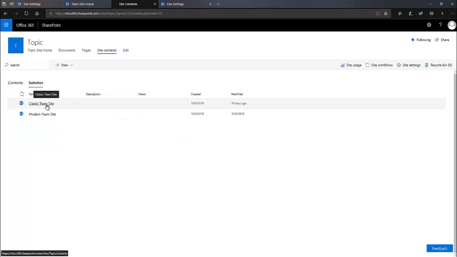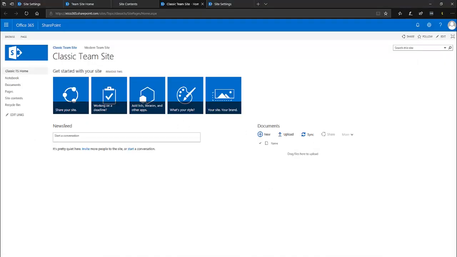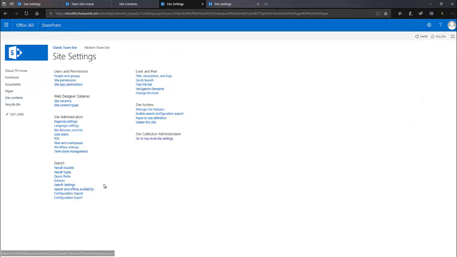And you wouldn't be wrong. I created one here, a classic team site. You can create a classic team site sub-site using the classic team site template. But because it's under a communication site, I still have the issue under site settings of actually having a little bit less, because now I don't have the site collection administration stuff, but I still have the stripped down version of the settings. I still can't get the complete amount of settings that I could get as a site collection